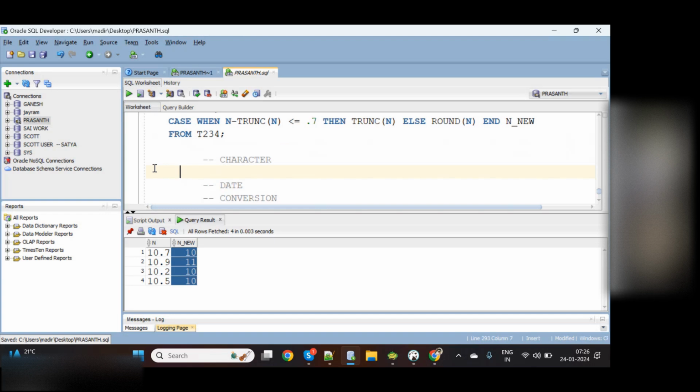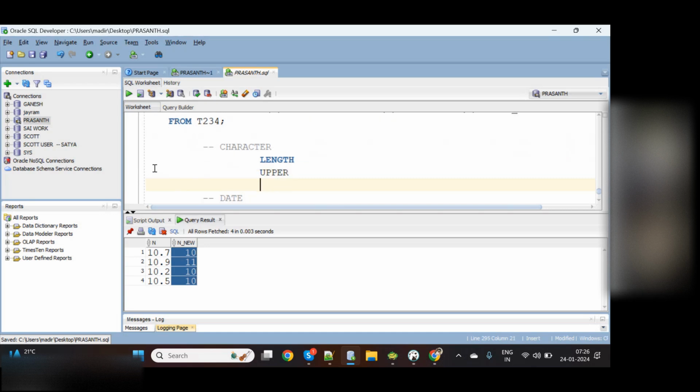Now I will go with character functions. What are the character functions? First I will list them out in the same manner. Length function, upper, lower,